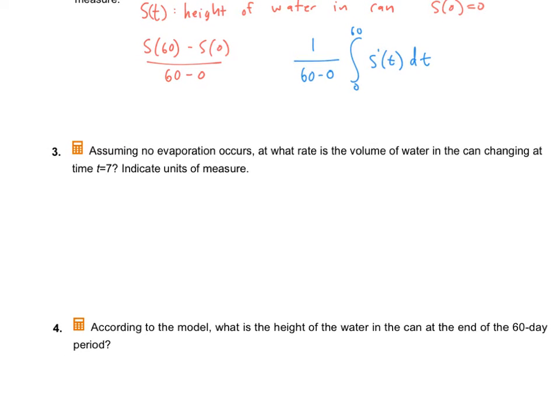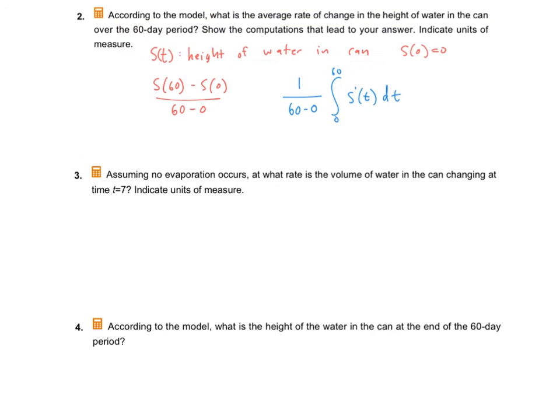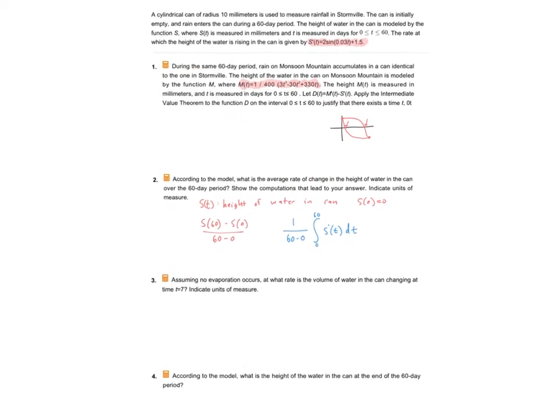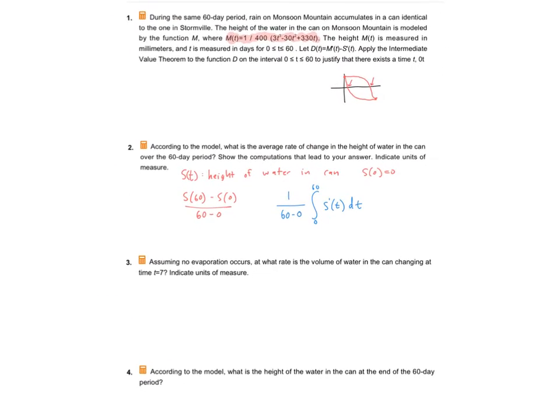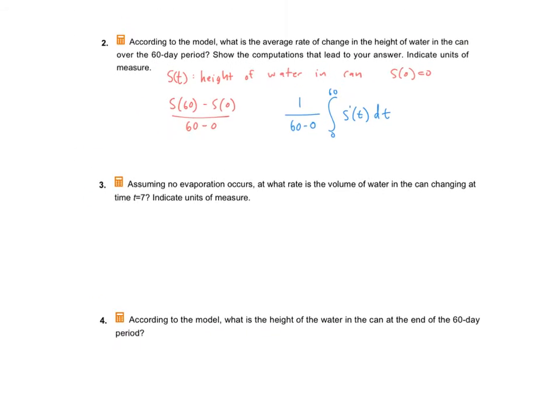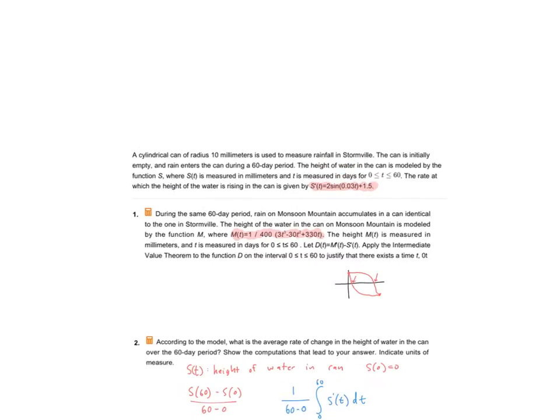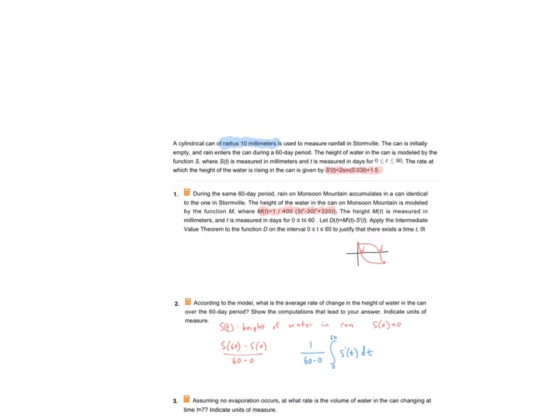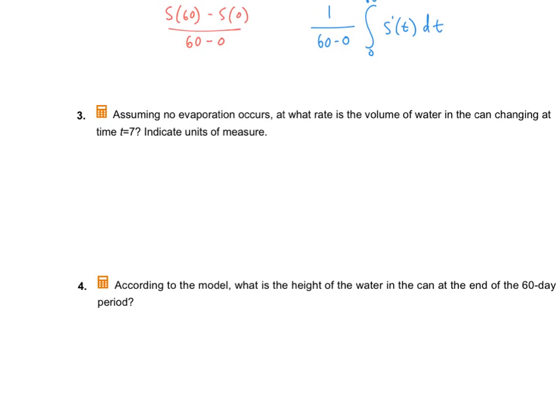Okay, next one. Assuming no evaporation occurs, at what rate is the volume of the water in the can changing at time t equals 7? If we want to know at what rate the volume's changing, then we need a formula that represents volume. The radius, you can see here, is 10 millimeters. So now we can use the volume